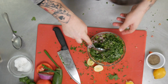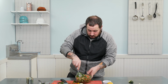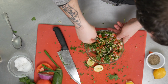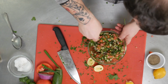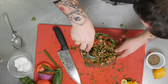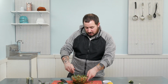All right, now we just mix it up. So you got tomatoes and cucumbers and parsley and lemon juice, scallions, salt, black pepper, good olive oil in here. The olive oil gives it this beautiful sheen. This is a condiment really in the average Arabic or Israeli home. For me, it was very much a condiment growing up in my house. It was Israeli salad with every meal. So the shapes changed, and sometimes it would be an added ingredient. You can add peppers to this if you really want to, but this is the basic Arabic salad. And just like that,